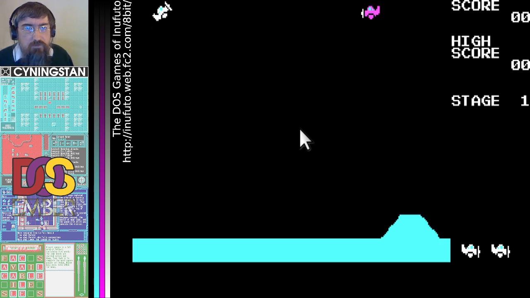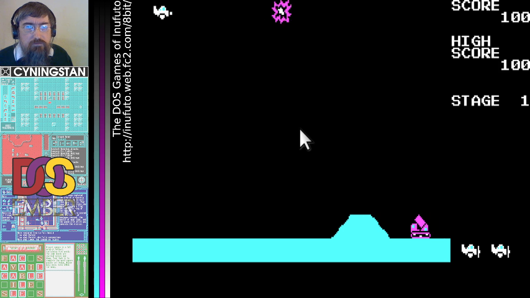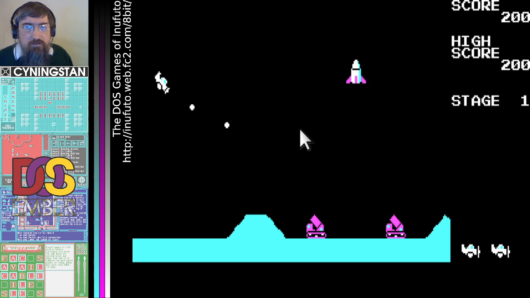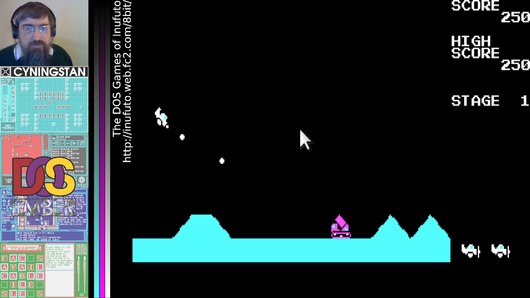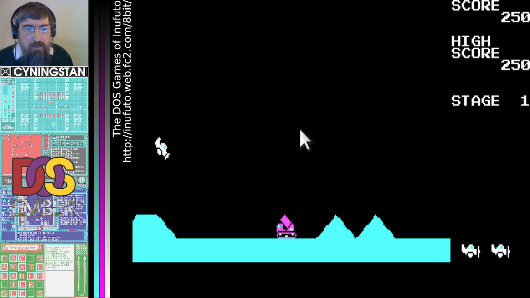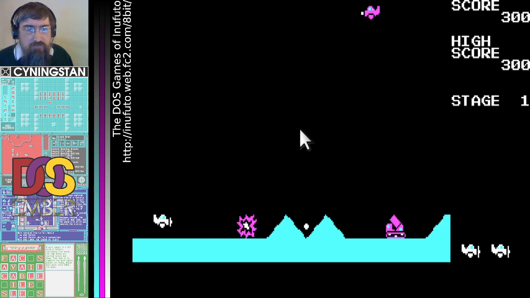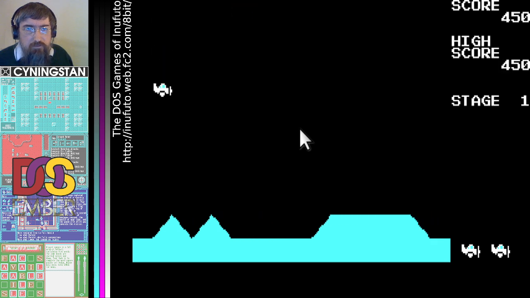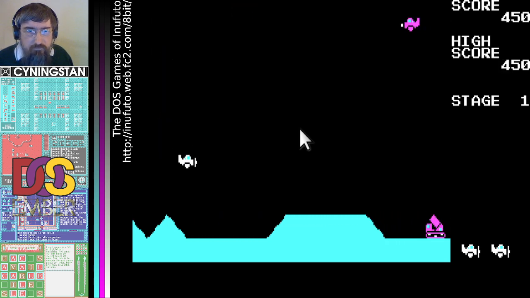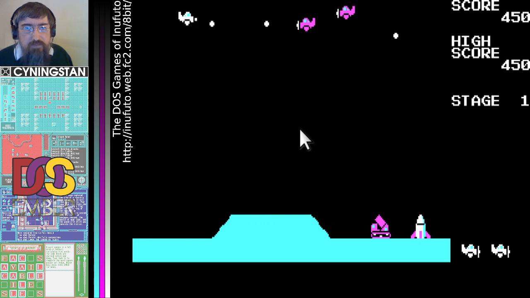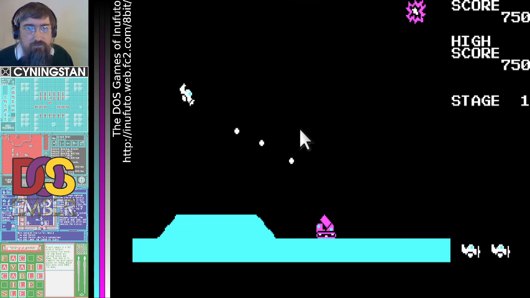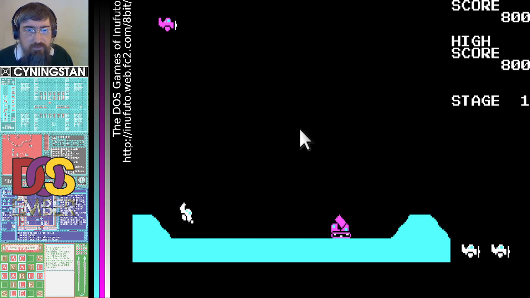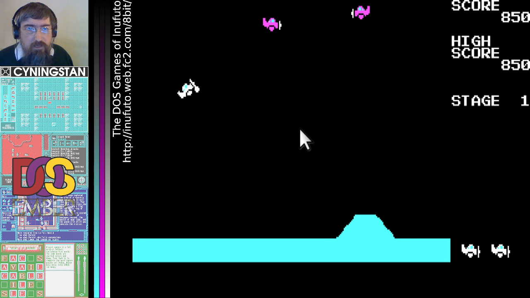Okay, what's the fire? Fire's control. No, it's not, it's space. So this is pretty much inspired by Scramble. I mentioned that this isn't my type of game, so you'll have to excuse me if I ignore chat for a while as I'm playing the game. If I want to get anywhere in the games, I'm going to have to concentrate more than I do on my usual turn-based fare. Yeah, some of these fire back at you, so you have to be careful about not getting into their line of fire.